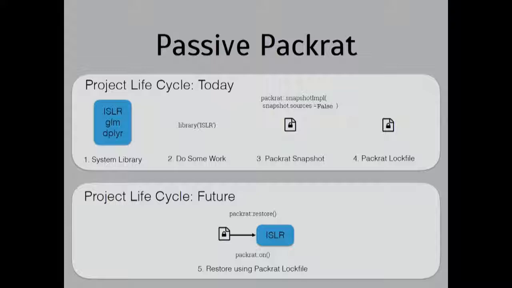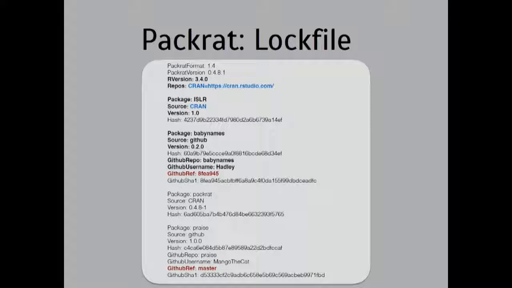instead of snapshotting all of the package sources, you just keep track of the Packrat lock file, which includes the metadata and information that you need to later come back and restore that information. So let's look at this lock file. It contains a lot of rich data, including the version of R that you're using, the repositories and what those repositories resolve to, as well as obviously all your packages and the versions of those packages. And for packages from GitHub, it even includes things like the specific commit that you referenced when you installed the